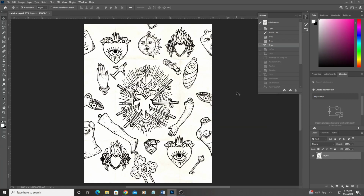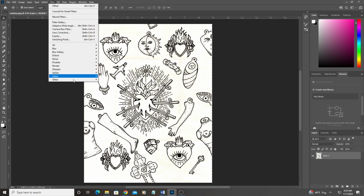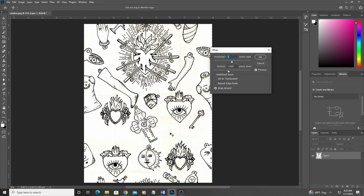All right, so I want to walk you through a couple of steps here. There's some really powerful tools in Photoshop to look at a pattern and see how that's going to repeat out. I'm going to start with offset. So what offset does is it's a filter up here where you can go Filter, Other, Offset, and you can